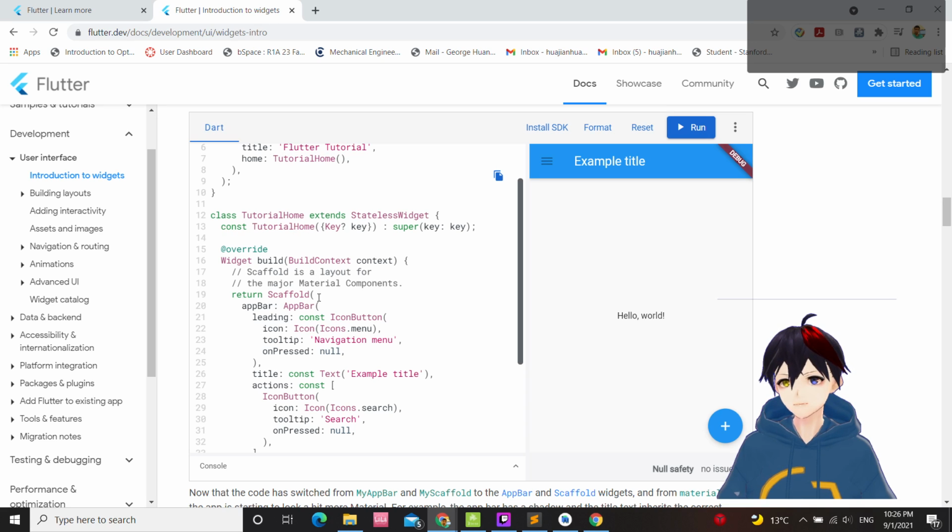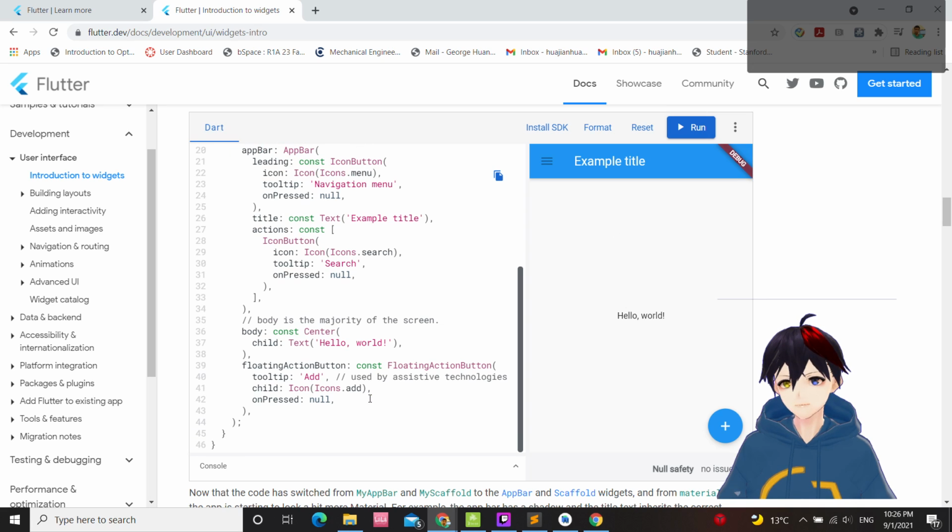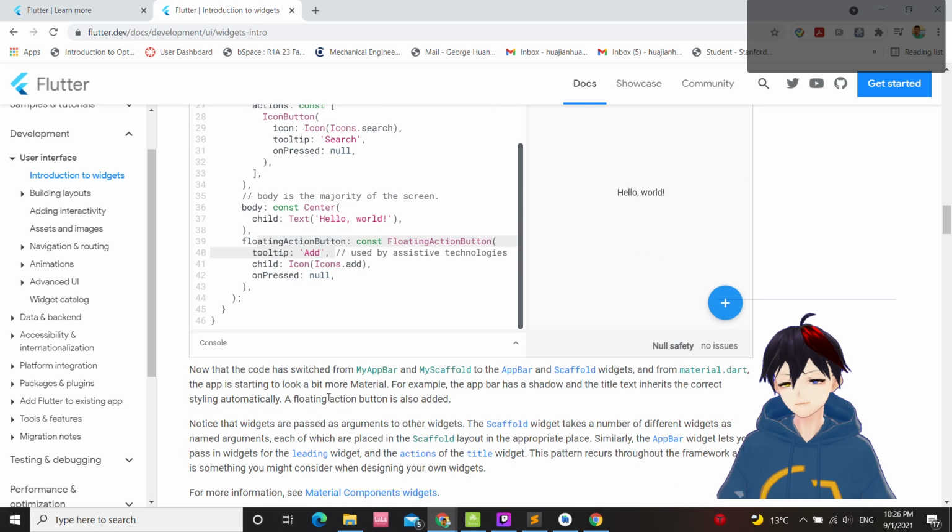How to build it: use a scaffold, up and down. Up you have an app bar. Then onPressed, you do nothing when pressed. Example title. The center is expanded to fill it. Take action button, this one. Add. Okay, we have this underneath.